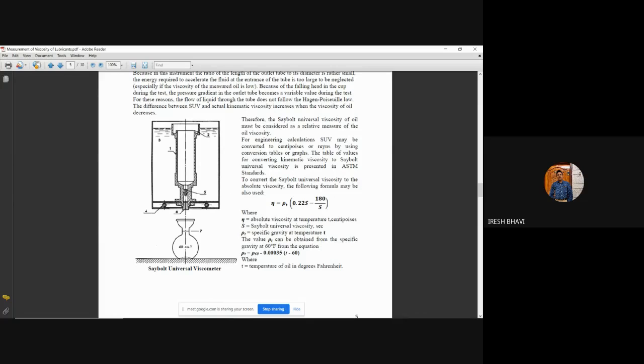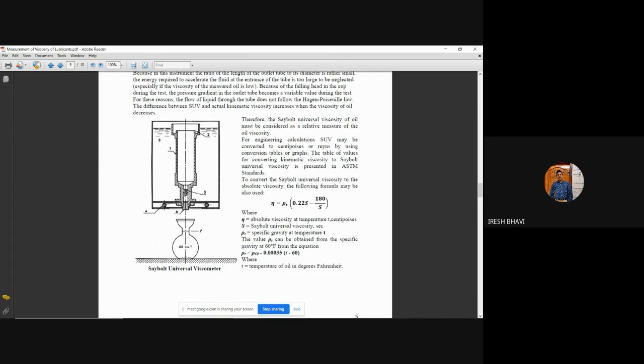Here there is a jet. This is called the oil jet. This is cork 6, and 5 is the jet. Once the oil is poured here, this cork will not allow the oil to drop. Once you open or remove this cork, the oil will start flowing from this cup into this beaker through this jet.